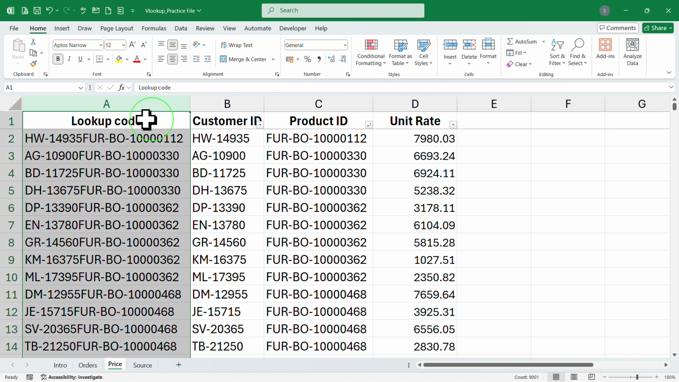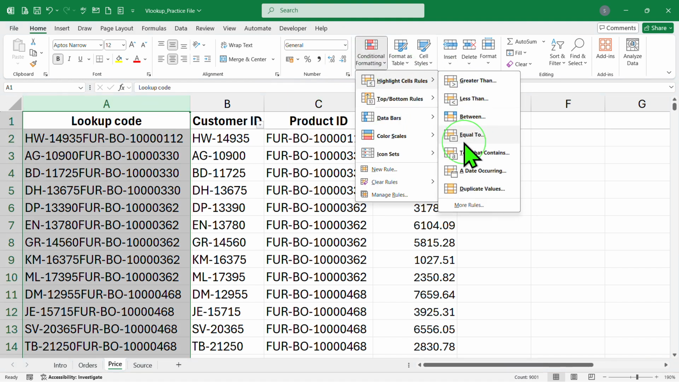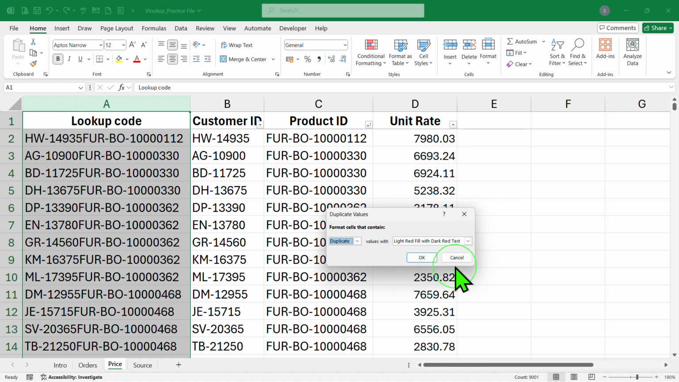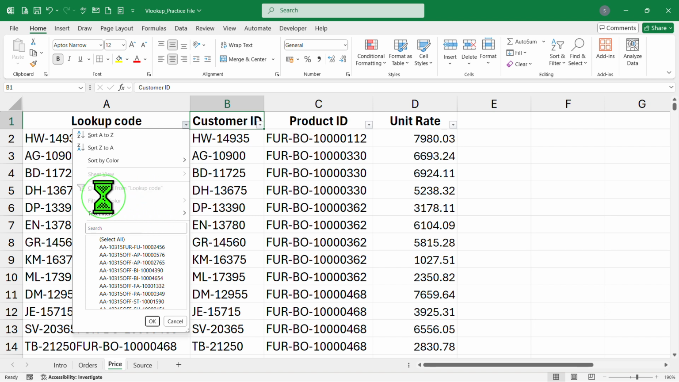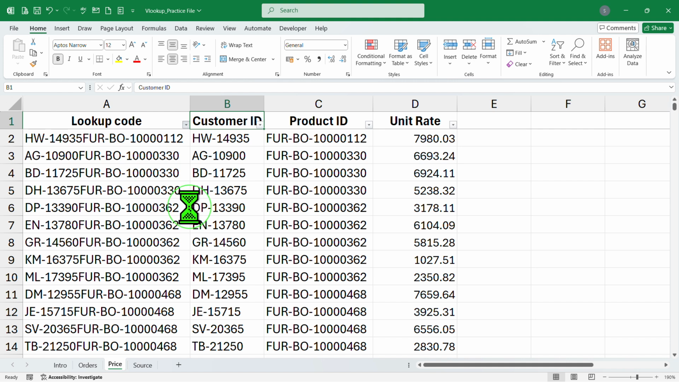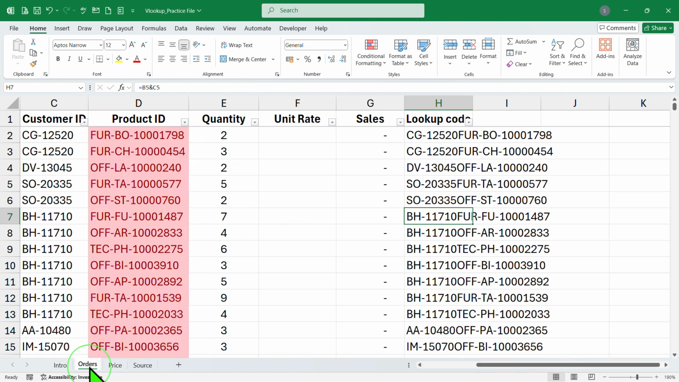And here also we can check with conditional formatting if there are some duplicates or not. If it is not, then we are okay. So there is no color found here, that means there are no duplicates, and you are good to go with the lookup formula. This time we will look up with this lookup code rather than just product ID. Let me go to the order sheet,